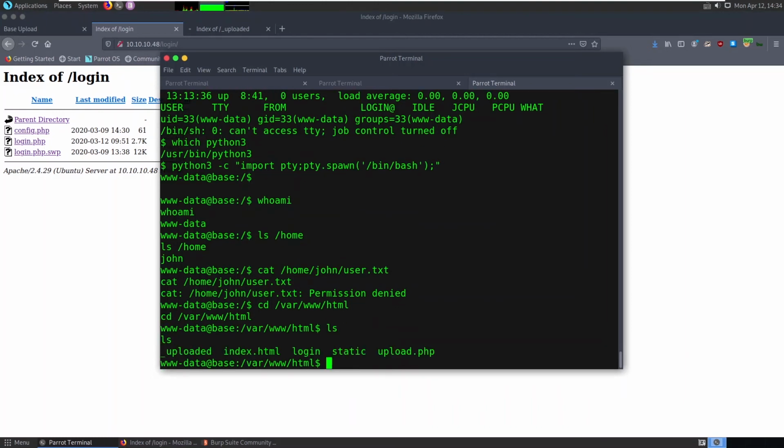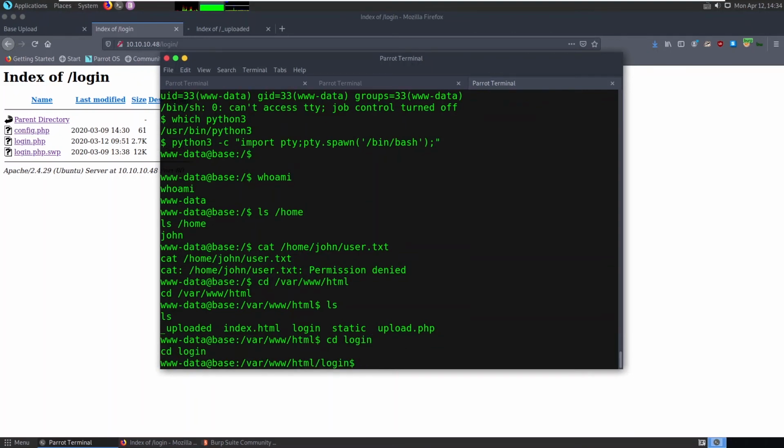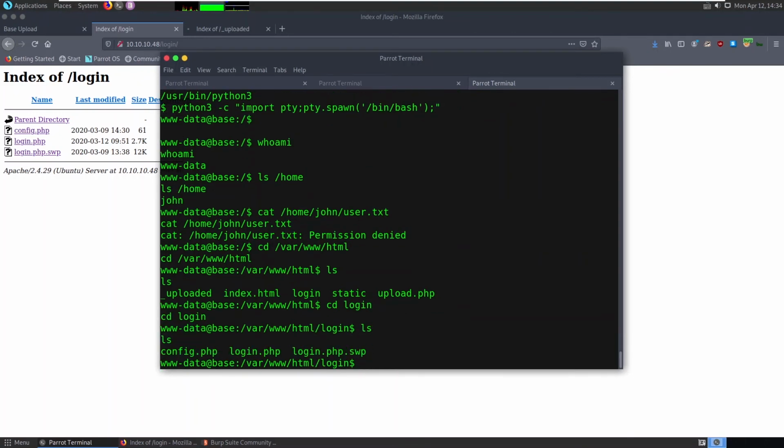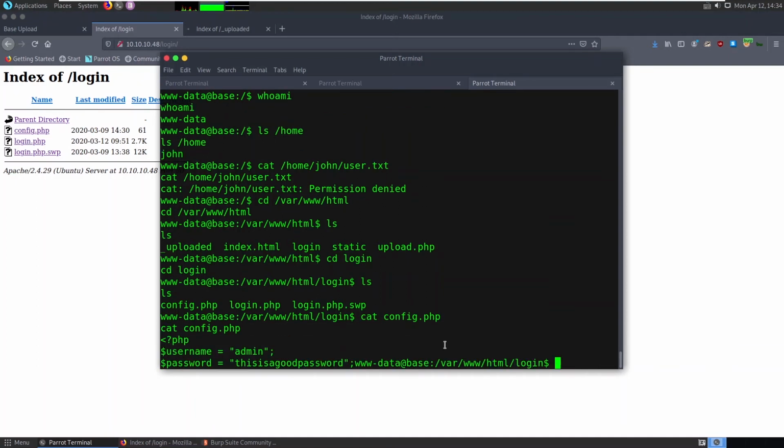Say ls. Okay, there is a login folder, and ls. Now you can see config.php. Now let's say cat. So you can see username admin and password is, this is a good password. Okay, so let's copy this.